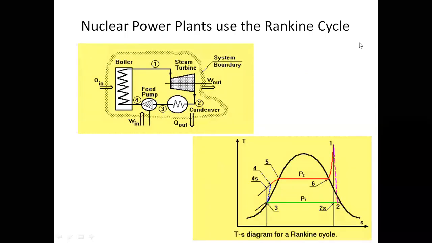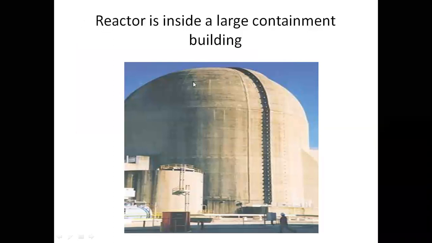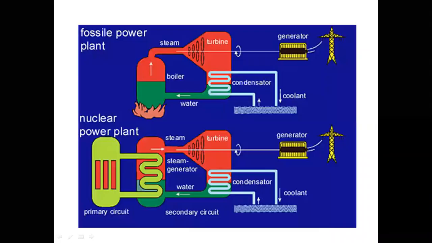The nuclear power plant operates on the Rankine cycle, and the working principle is similar to the thermal power plant. Nuclear power plant operation is based upon the Rankine cycle. The complete power plant is in a closed vessel, and inside, all the processes take place. It is closely shielded, which means the radioactive substances do not enter the open atmosphere.